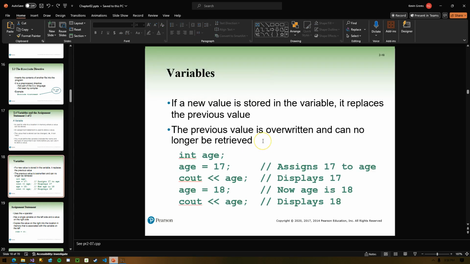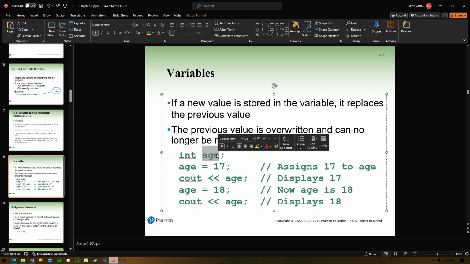Also, if you notice back here, we never actually told it where in the computer's memory we want to create this age variable. The compiler in the computer does that automatically for us. We don't care where it goes. All we care is that there's some place in the computer's memory that can store our wonderful age variable.